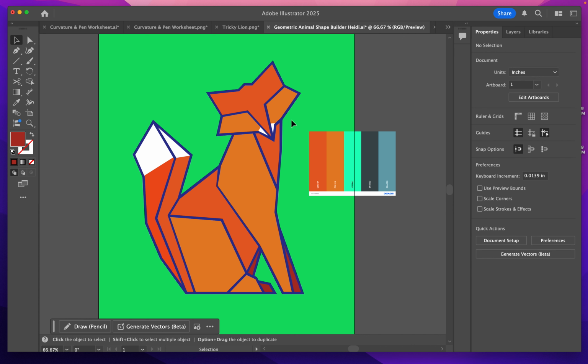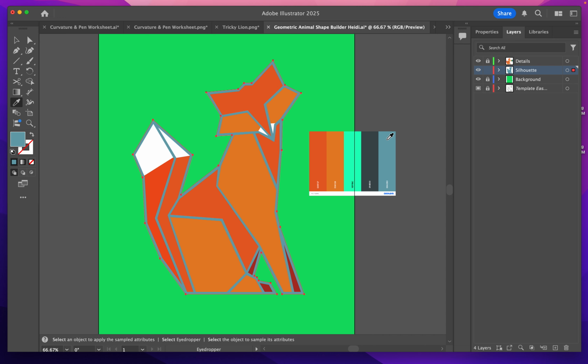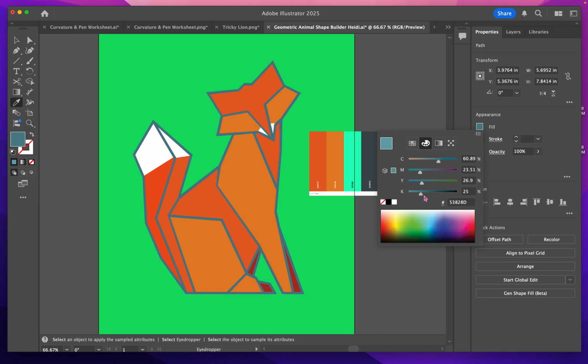Okay, so now I want to change the outline of my fox. So I'm going to go to layers, and the silhouette here I have to unlock. I might lock my details layer. So now I can select that back outline. I'm going to push I, and maybe I'll select this blue. And I don't know if that blue is dark enough, there's not very much contrast between that and the fox. So I think what I'll do is I'll go to my fill, and again I will go to the little color palette here, and down here K means black. I'm just going to darken that up a little bit